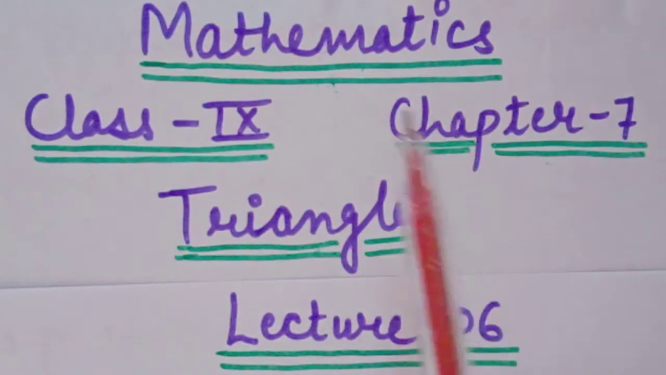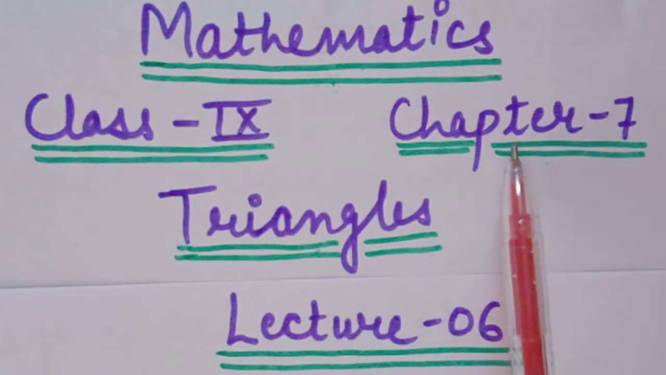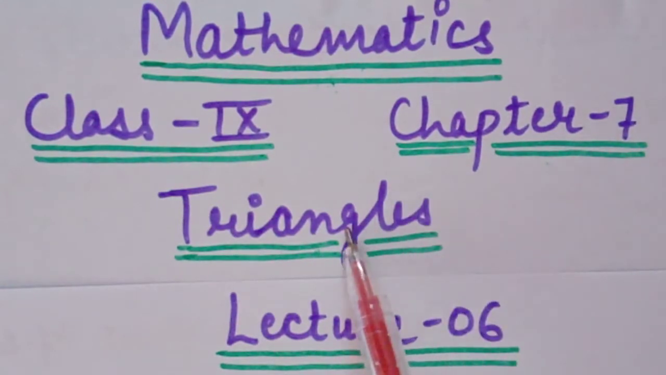So students, this is your mathematics class for class 9th. This is your chapter 7, chapter named triangles. This is your lecture 6. In the previous lecture we discussed theorem 7.5 and exercise 7.3 questions. So in today's lecture we will discuss